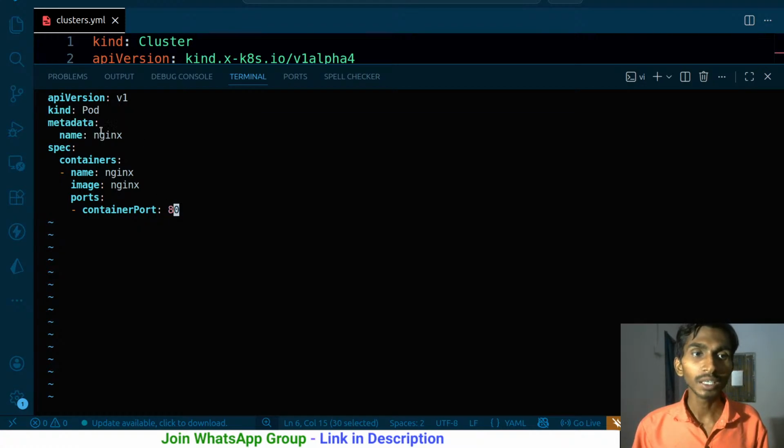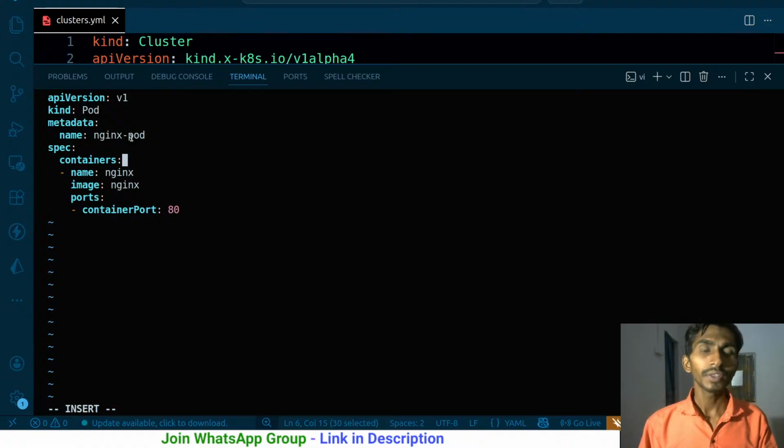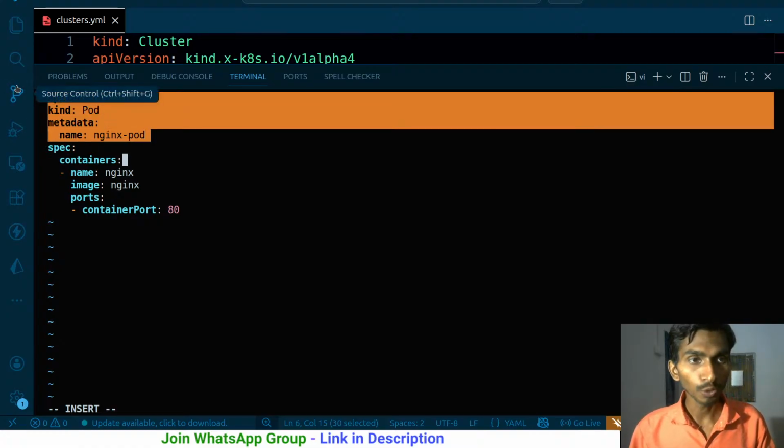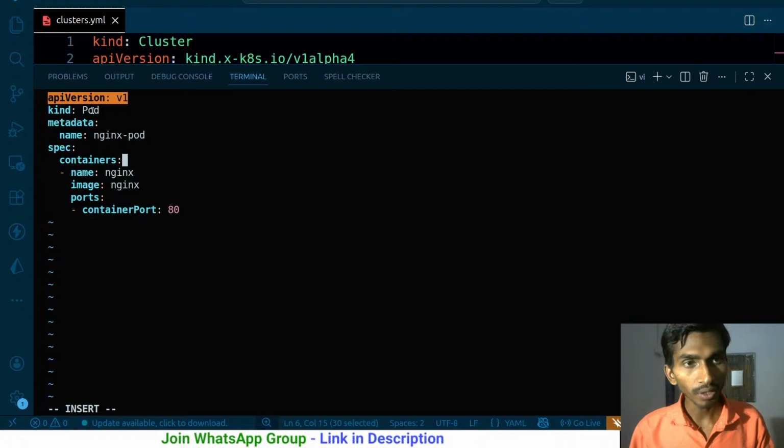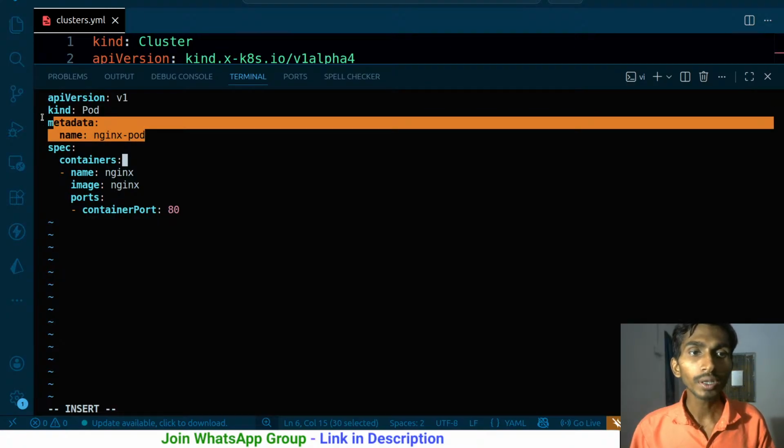Metadata is what is the name? The name is nginx. You can keep it nginx pod as well. So let me change the name here, because nginx pod is going to be the name. Depends on exactly what you want to keep. Then this is the name of the pod that you are creating. As simple as that. You want to create a pod. Okay, what is the name of the pod? The name of the pod is nginx,